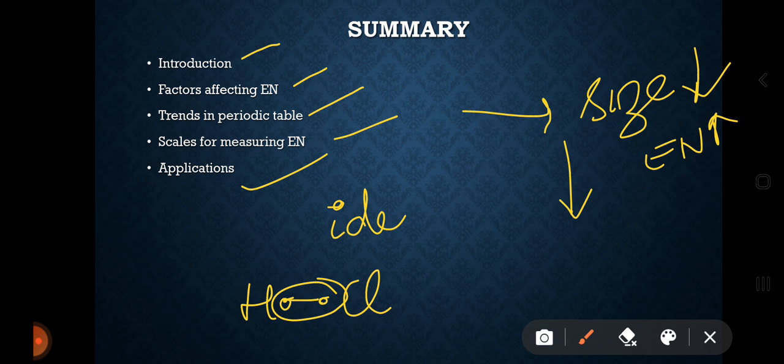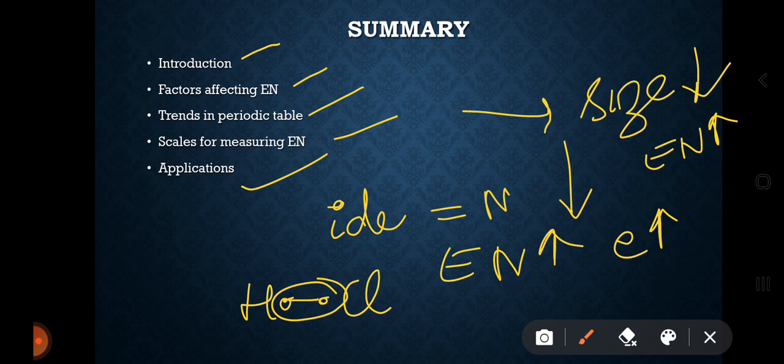As electronegativity is higher, it attracts electrons, so it acts as a non-metal. When the electronegativity value is low, it releases the electron, it doesn't attract, and it acts as a metal. Next we have seen acids and bases, how we can tell whether a compound is an acid or a base. Why does it give OH minus ion and why does it give H plus ion? All those things we have seen.